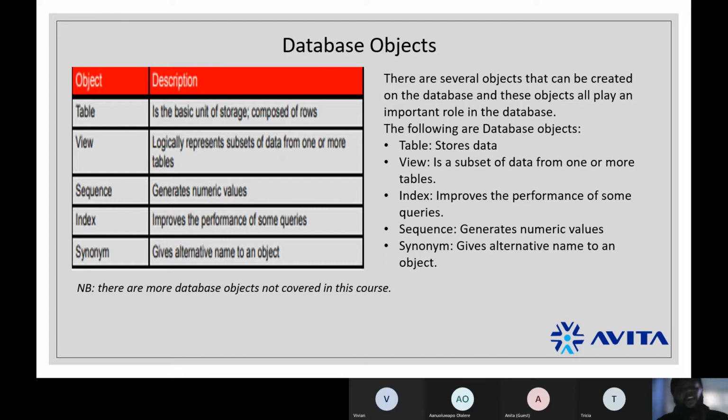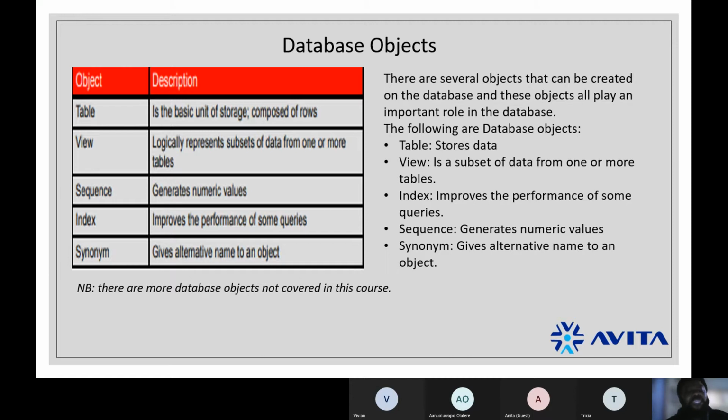So, what are the objects that you have on the database? The following are database objects. Table. What does the table do? It stores data. It's as simple as that. Then we have a view. A view logically represents a subset of data from one or more tables.